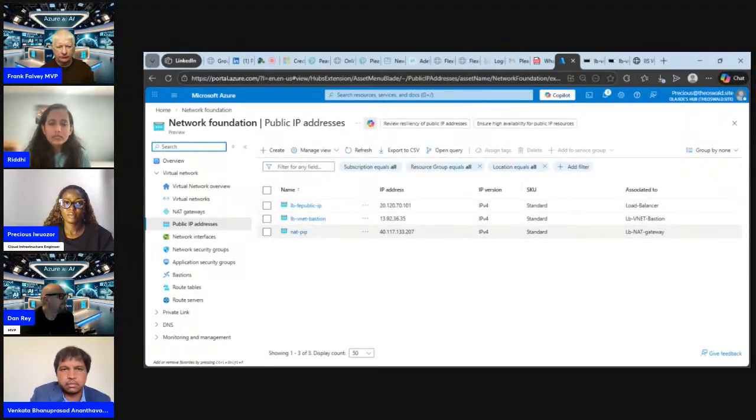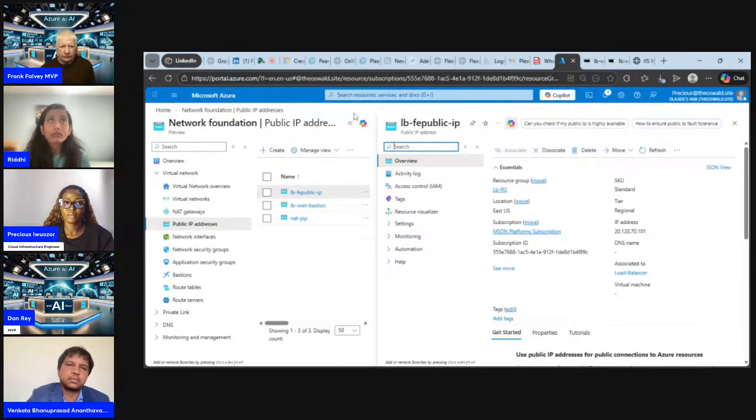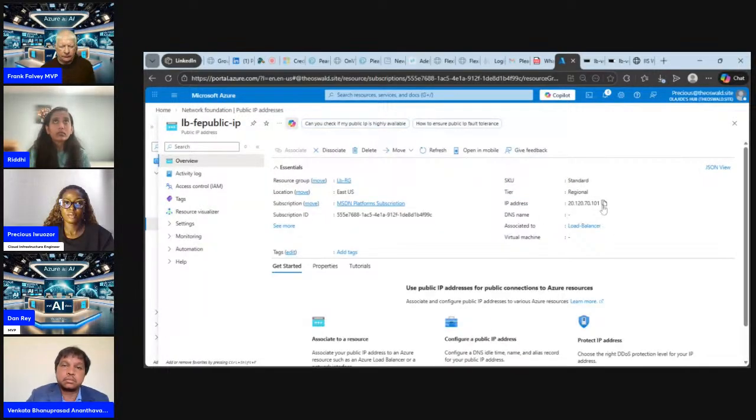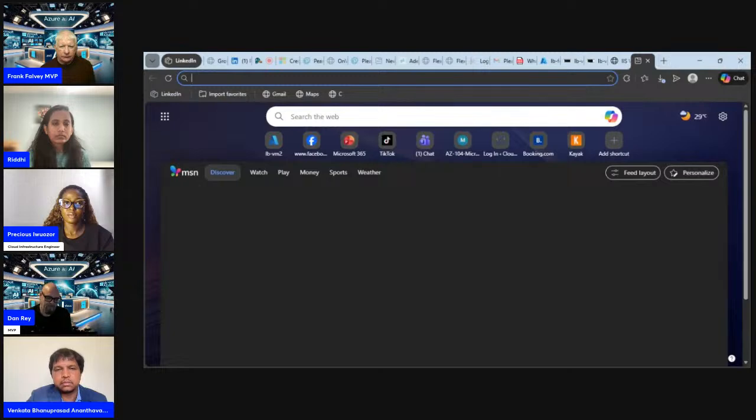Another thing to note is that you can either use the IP prefix or the IP address, but in this demonstration, I used the IP address. So this is my front-end IP address. I copied this. I've already connected my VM and did the necessary configuration I had to do through PowerShell.